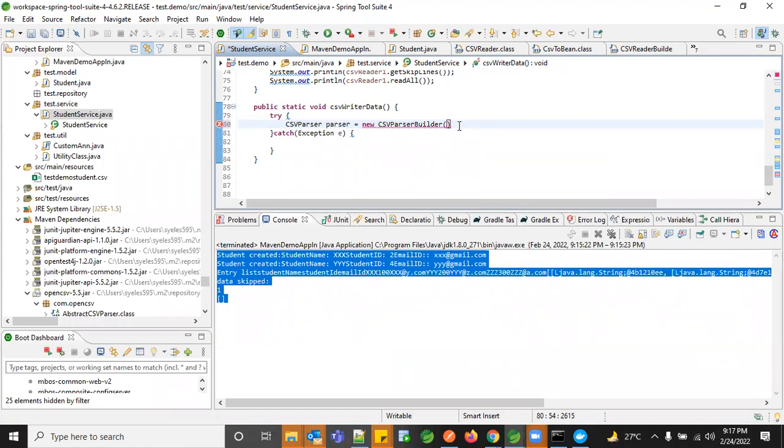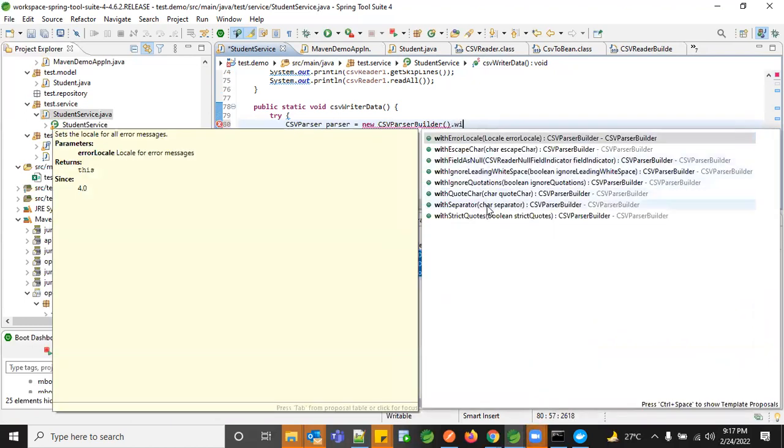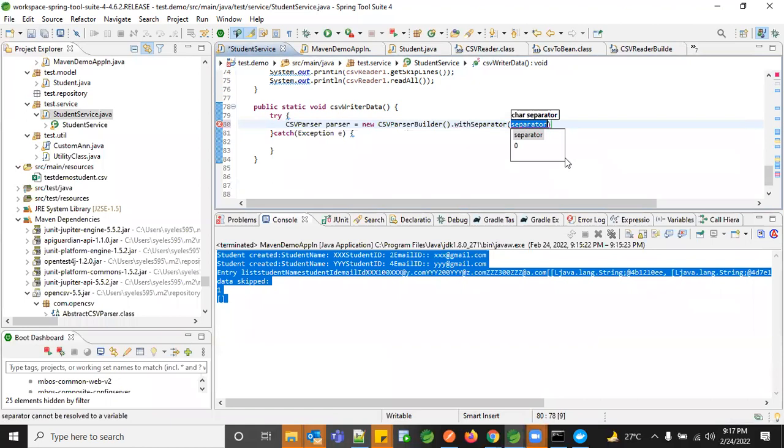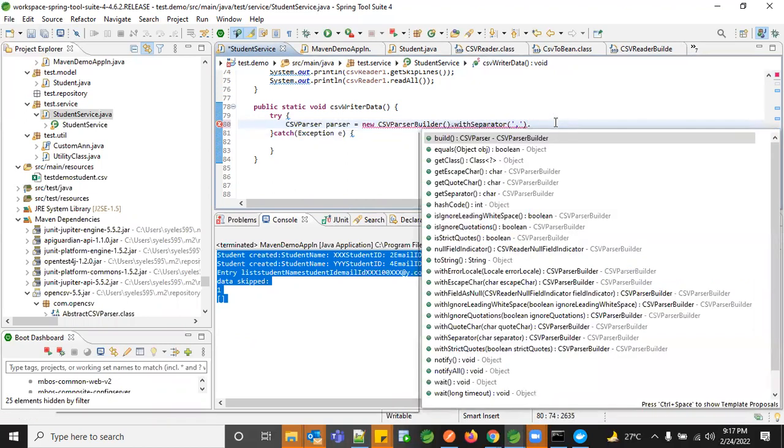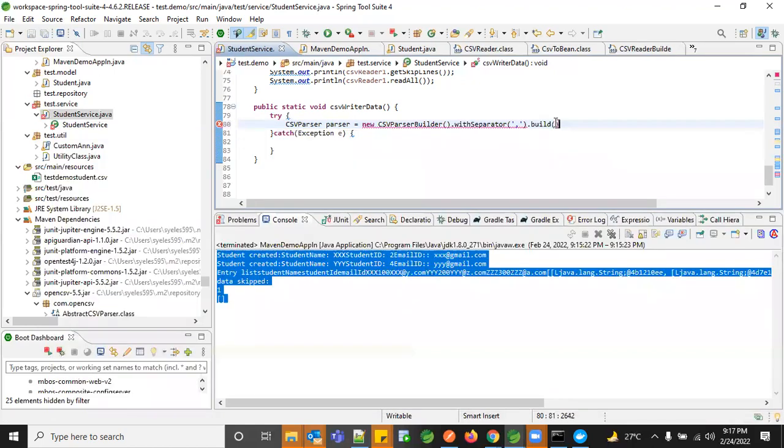Like how you used the skip lines, you have something called separator. Within the separator, since it's a character, you have to give it within single quotes, and my character is comma. With that, I'll build my object. So I have my parser handy. With this parser, we are going to parse our entire data set.